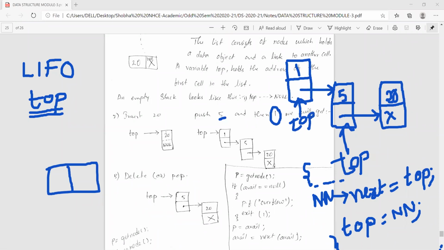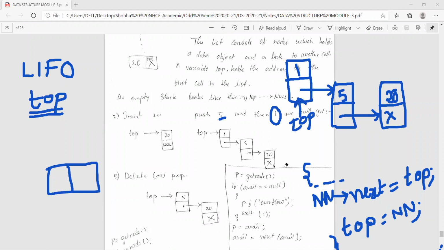So each time I insert a new element into the stack, I insert the value into this new node. That we can define in the create function only, or you can add one statement in the function. Then the new node's next you point to the top and change your top to the new node.